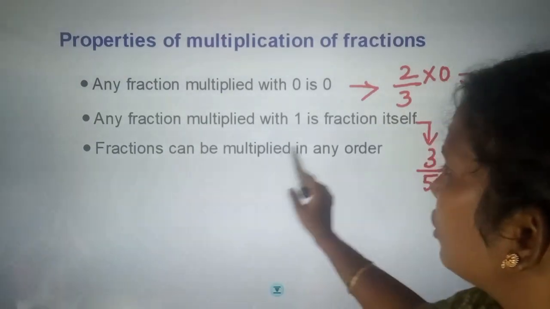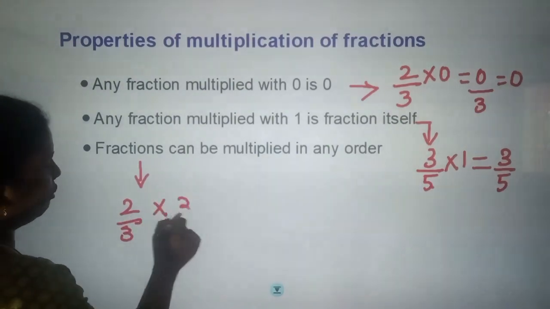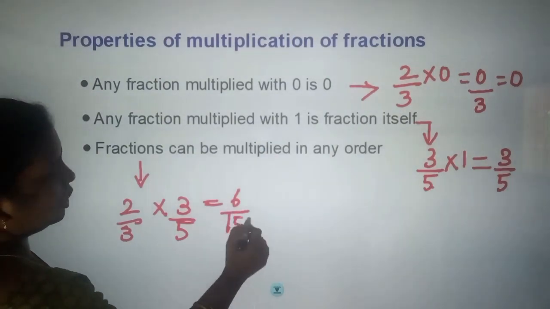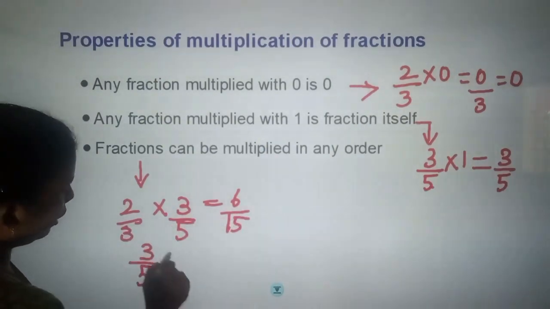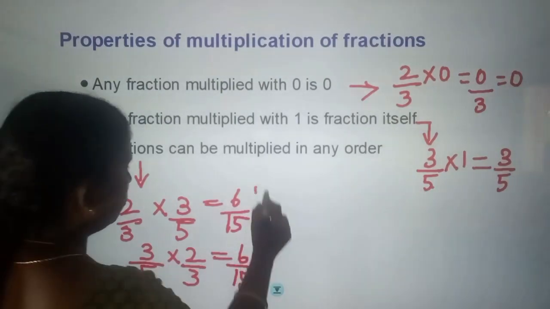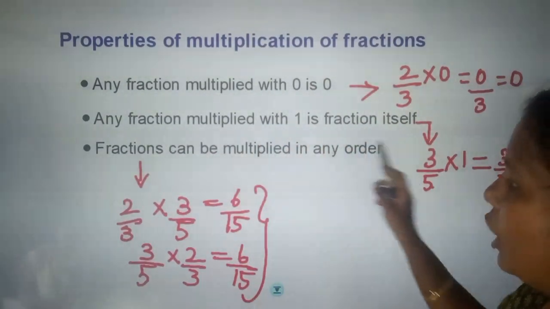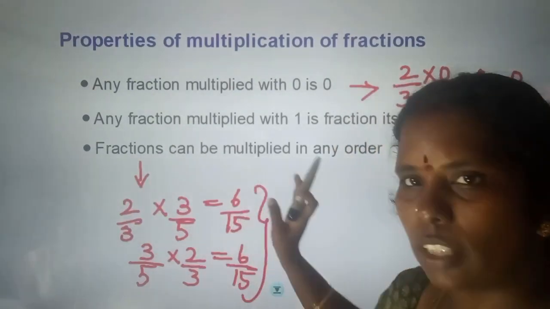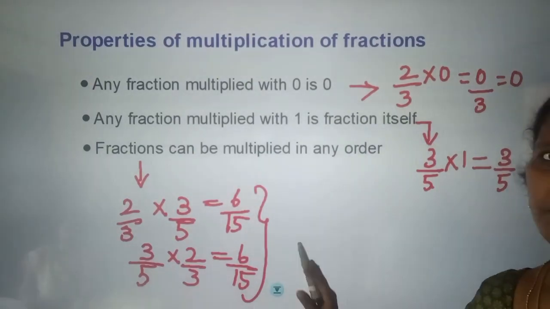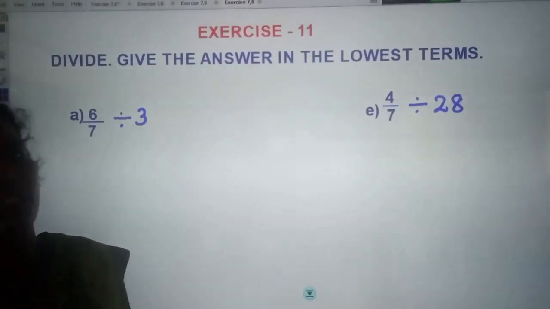The same way, fractions can be multiplied in any order. For this, இப்போ நம்ம 2/3 into 3/5 எடுக்கிறோமா? Here 2 3s are 6, 3 5s are 15. The same way, if you multiply 3/5 into 2/3, 3 2s are 6, 5 3s are 15. In both the ways, we get the same values. Hence, they have given the statement fractions can be multiplied in any order. First number, second question வந்தாலும் சரி, second number, first question போனாலும் சரி, நமக்கு வந்து கிடைக்கிற ஆன்சர் சேமாக தான் இருக்கும். ஆன்சரில் எந்த மாற்றமும் இருக்காது அப்படின்னு சொல்லலாம். ஓகேமா?